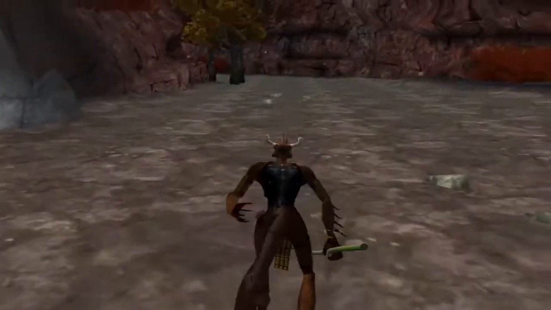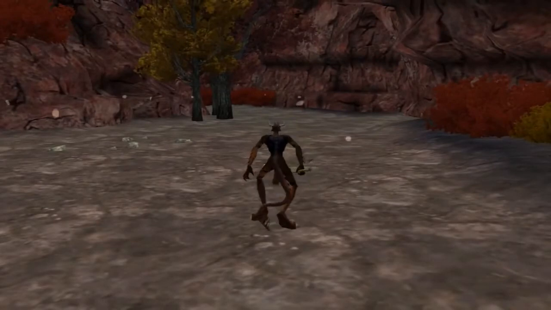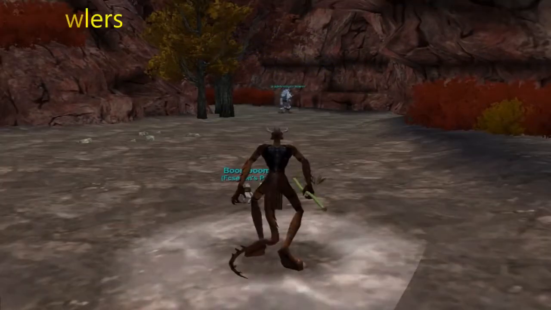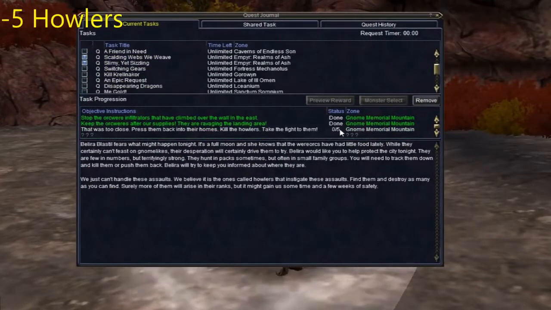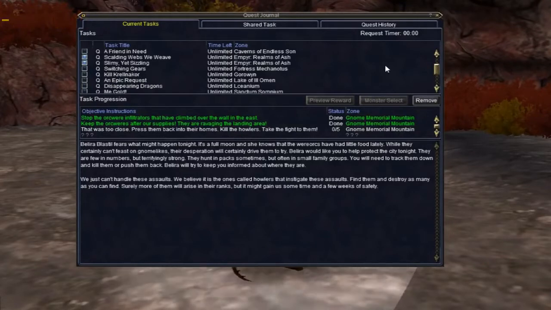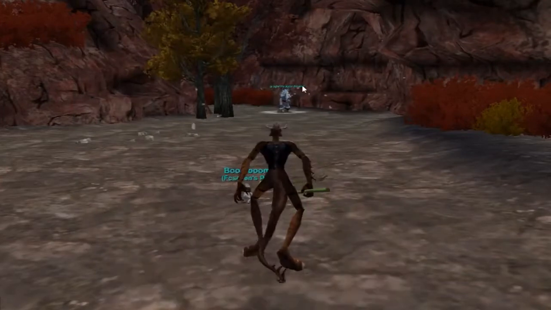And I've always found the first mob, the first Howler, is always this first guy here. He's a pather, so he will path right in front of you. So this is the last step. It all involves going in this small area. So we'll just see what this guy...